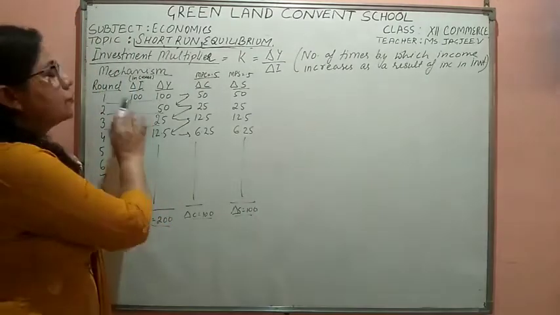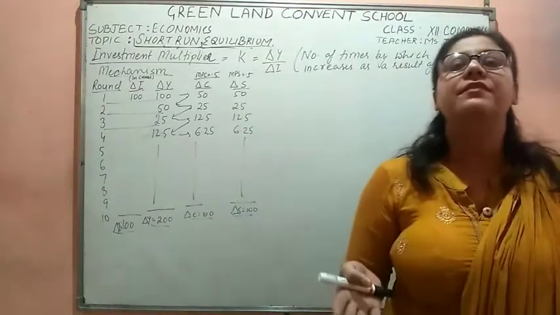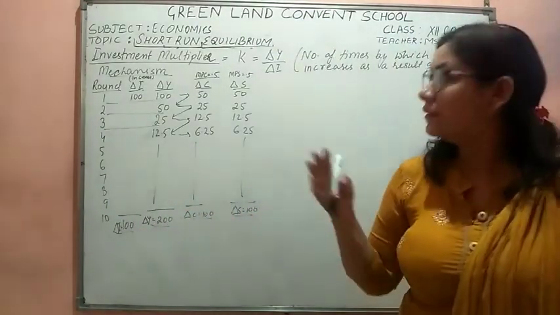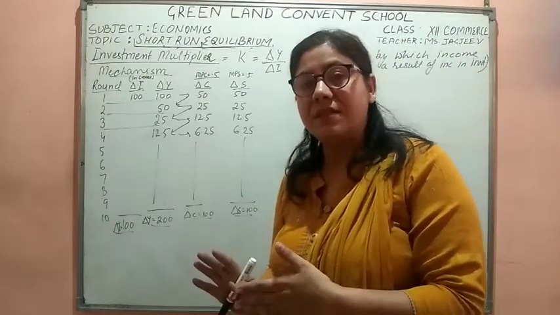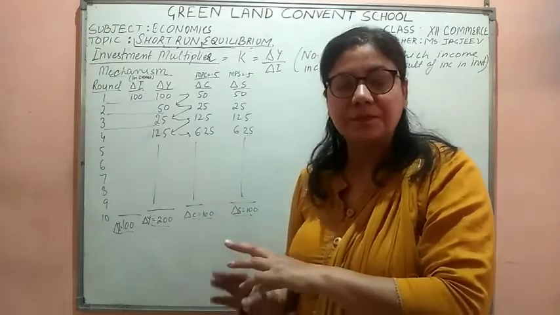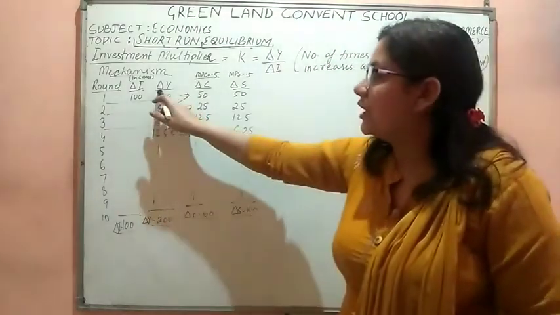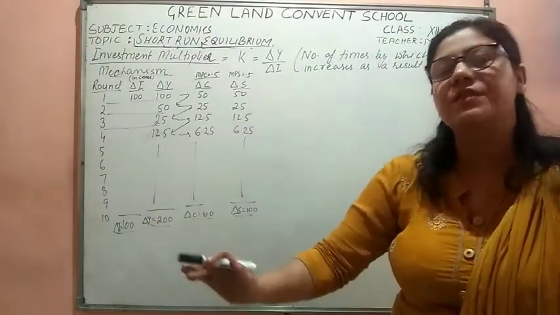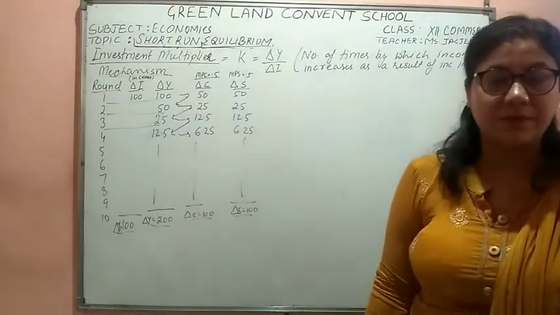When we say that 100 crores are invested, how could the 100 crores be invested? The plant would be purchased, the land would be purchased, the building will be made, cement, iron, the labor will be given. So, when the investment is done, it means 100 crore investment, 100 crore expenditure, that is exactly equal to the income. Whatsoever is spent in the economy becomes the income of someone else. So, the change in income will also be 100 crores. In the first round, when 100 crores are invested, the change in income is 100 crores. So that becomes the income of some other persons.